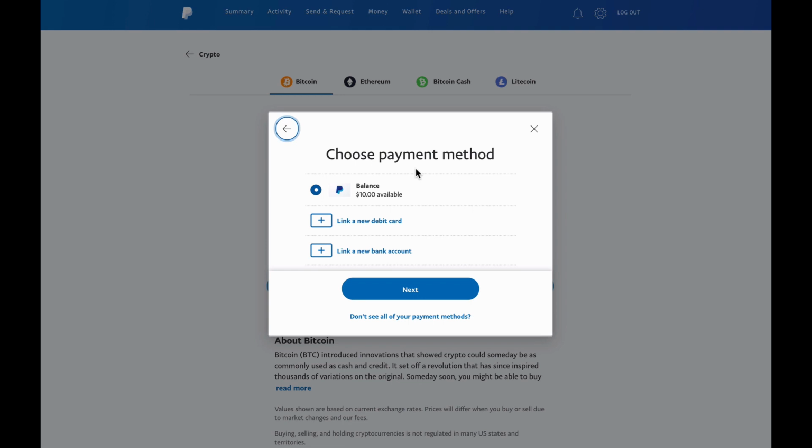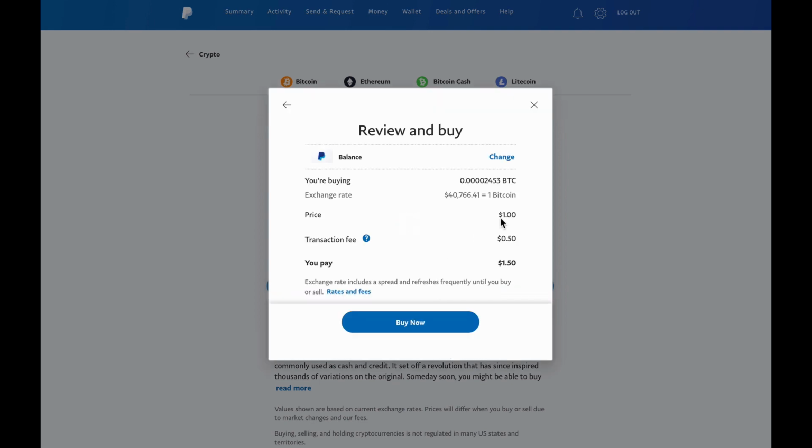Alright guys, so if you've linked your bank account, you might not be able to buy your Bitcoin right now because PayPal has to confirm with your bank account in order to let you buy Bitcoin or any other crypto. So what I did instead is I just transferred $10 to myself from my other PayPal account to get the show on the road. So once you have money in your account, click next, and you can see that we're buying Bitcoin for a price of